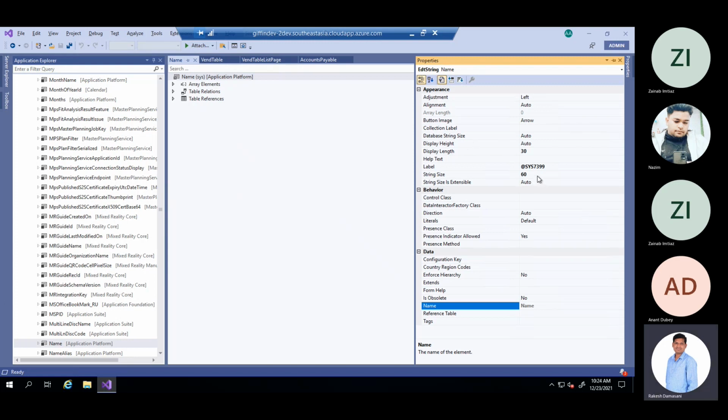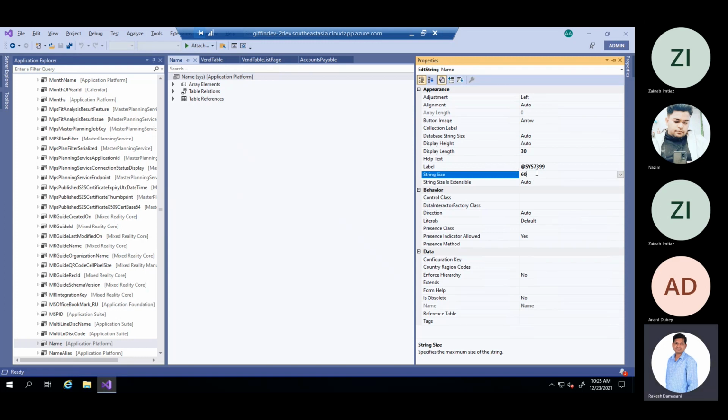The string size is very important for string type EDTs, because if there is a table with a field of type name, and we are entering a student's name, and there is a character limit of 20 only, the full name can't be filled in.